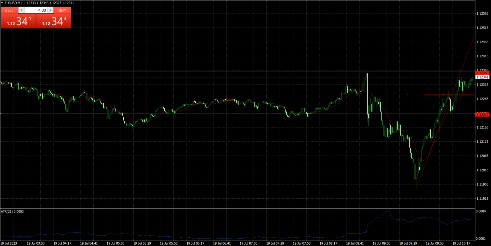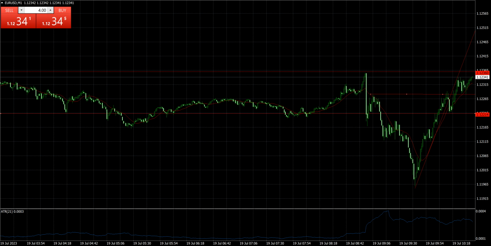As y'all can see, it's still going in my favor. Just taking note, I should have just kept my trailing stop right below this low right here. It would have been a little bit smoother because I'd collect more money today, but it's okay. It's okay. Just turn that into a lesson. At the end of the day, I still collect something.